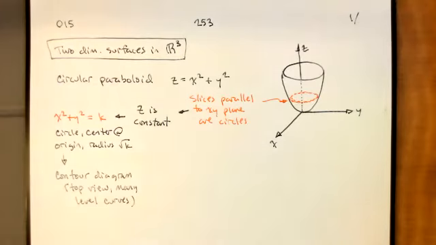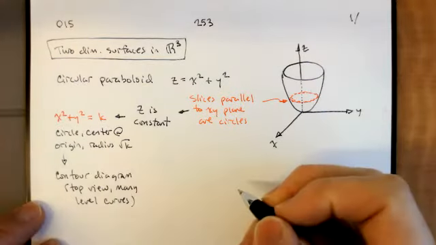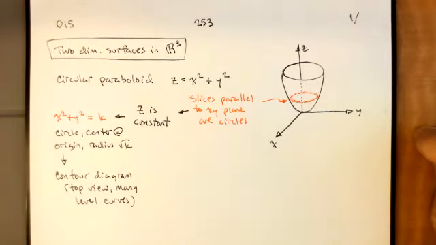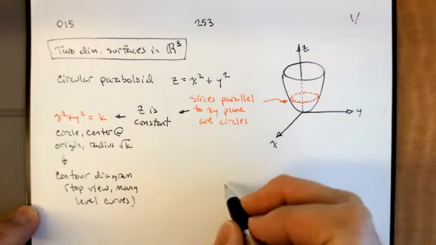So let's think about a top view and think about many different level curves. If we think about looking down at this circular paraboloid from the top, we're going to draw a level curve. We're going to take a fixed value of z and draw what that curve looks like. I'm going to have to draw a bunch of concentric circles, so it's going to be a mess. But if we look down from the top, the first thing we see,